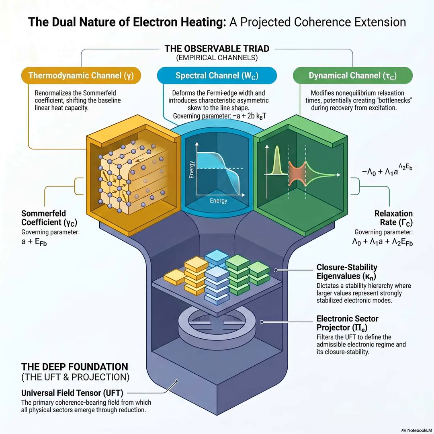We really need to unpack that because it sounds like buzzword soup until you drill down into what he's actually claiming. It does sound intimidating. Let's start with the coherence part. Lillian introduces the projected coherence factor, which he denotes mathematically with the Greek letter chi. Right. Functionally, this factor acts as a stabilizing weight on the occupied electronic density of states.